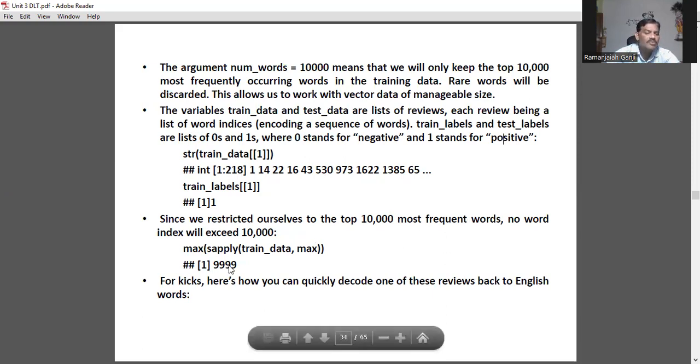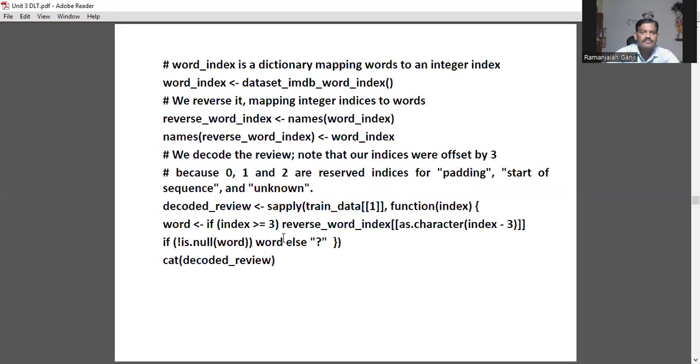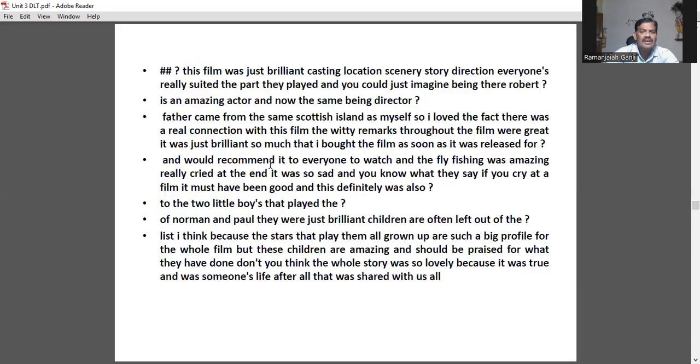So here the maximum index is 9,999. We also have to write some code. The word index is a dictionary mapping words to integer indexes. We reverse it, mapping integer indexes to words, decoding these indexes offset by 3, and here we are performing reverse indexing. For example, this film